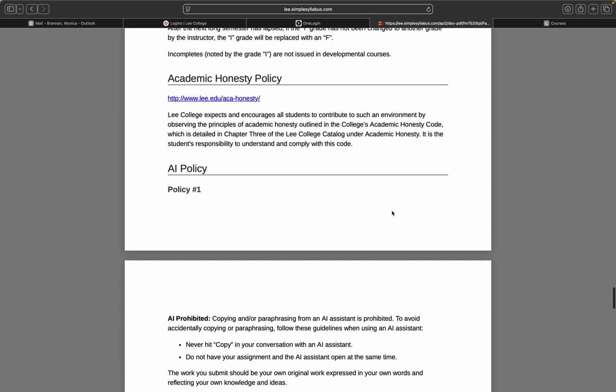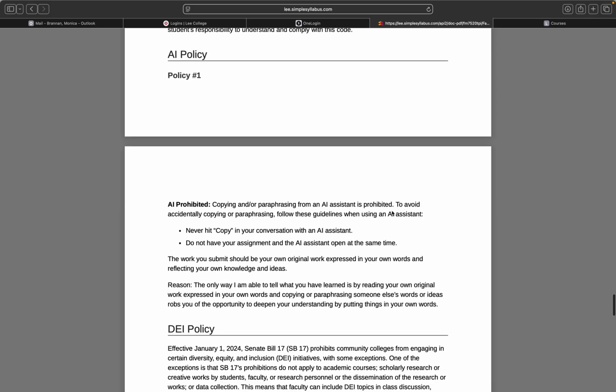Academic honesty policy. You'll notice an AI policy here. AI is prohibited. I know some of you are probably chuckling about that. That means laughing about that because you're like, it's all online and you don't know what I'm using. That is true as far as your homework is concerned. It's a little difficult for me to monitor whether you're using AI to answer questions on your homework. I do not advise it.